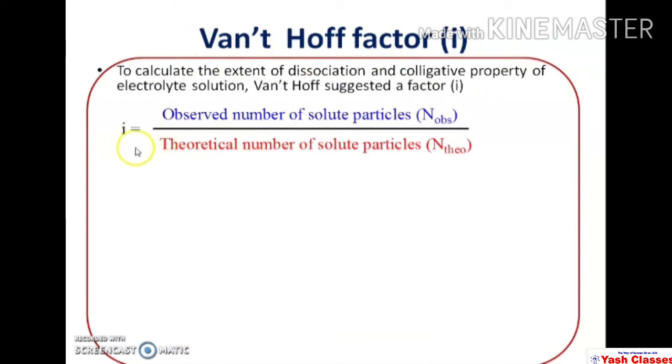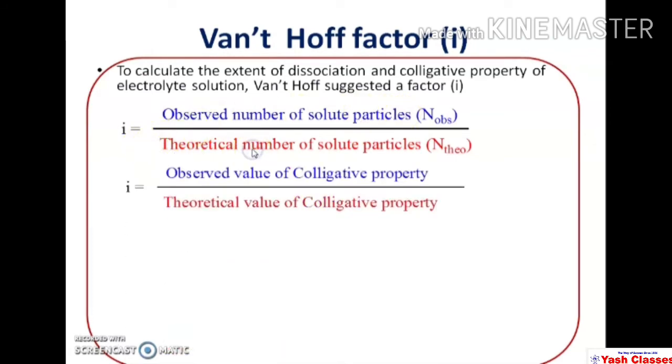Now Van 't Hoff factor i is the ratio of observed number of solute particles upon theoretical number of solute particles, or Van 't Hoff factor i is the ratio of the colligative property of electrolyte upon colligative property of non-electrolyte. So Van 't Hoff factor i is observed colligative property upon theoretical colligative property,